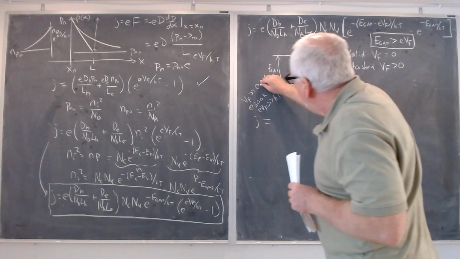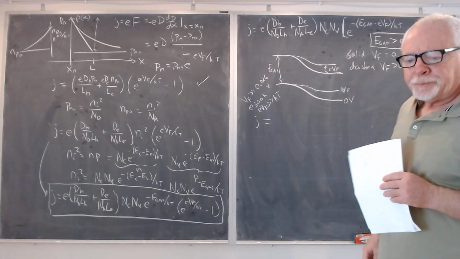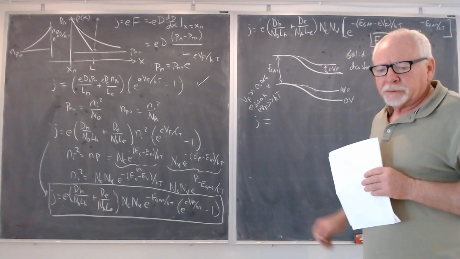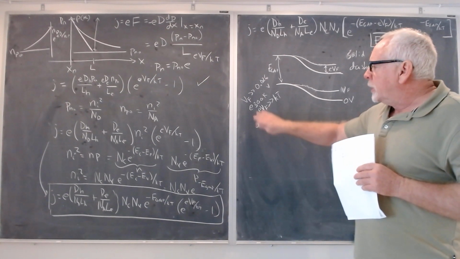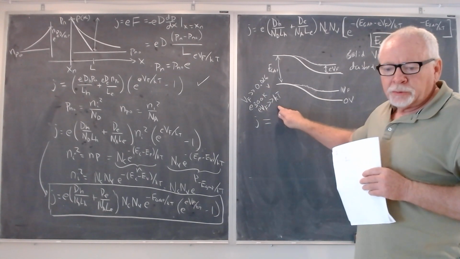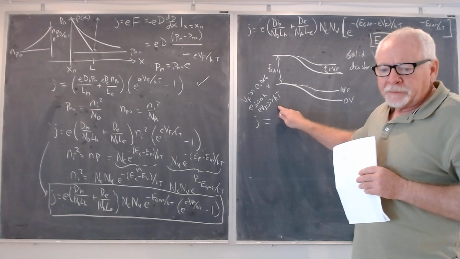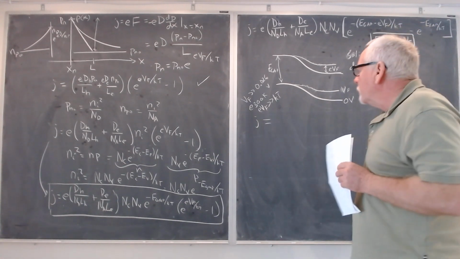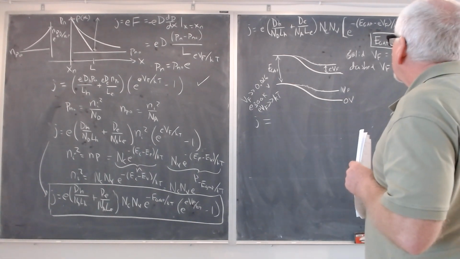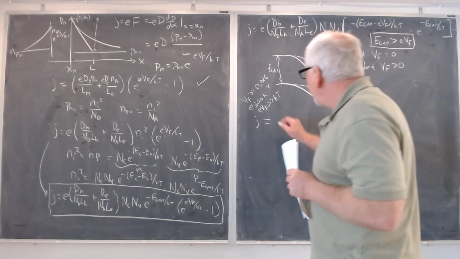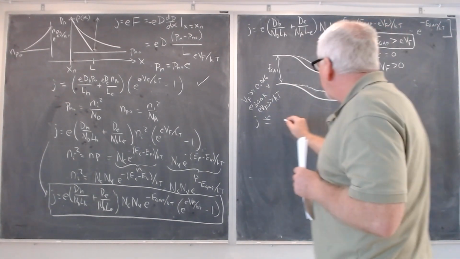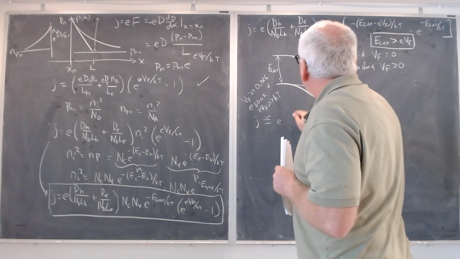So those of you that have played with diodes in the laboratory realize that you usually forward bias it to like a half volt or something like that. And so in normal use, when you forward bias a diode, this is true. The EVF is much bigger than KT, at room temperature anyway. You would have to go to some very high temperature for it not to be true. All right, and so then if that's true, we can ignore this one, and so this becomes EGH